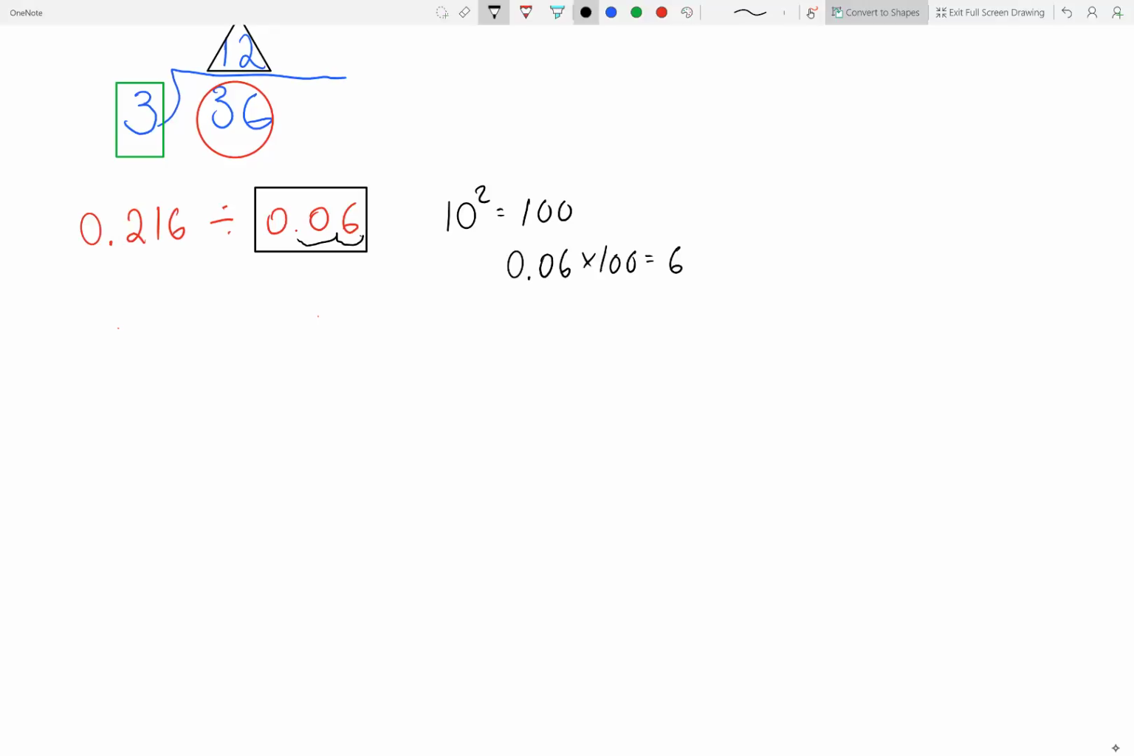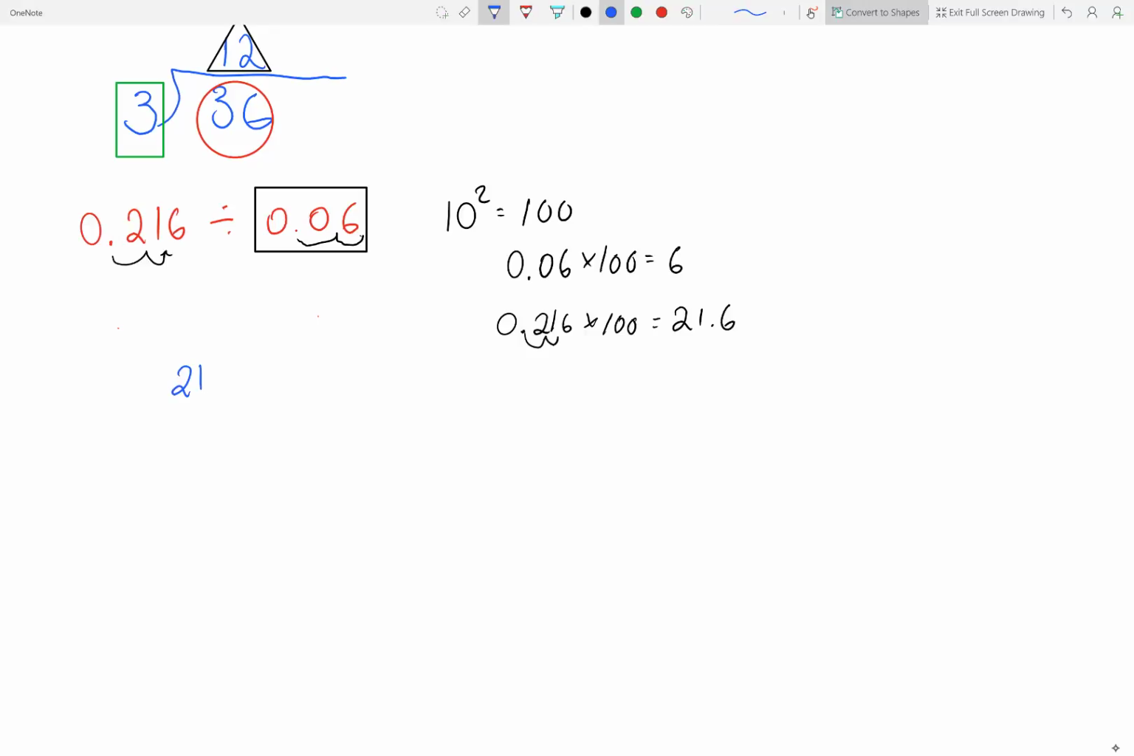Now, in a division problem, you need to do the same thing to the dividend as you do to the divisor, or your problem won't be answering the same question. So in this example, I moved the decimal 2 places to the right in my divisor, so I need to move the decimal 2 places to the right in my dividend. So I will take 0.216 and multiply this by 100. I'm going to move it 2 places, so that is 21.6. Now my question becomes